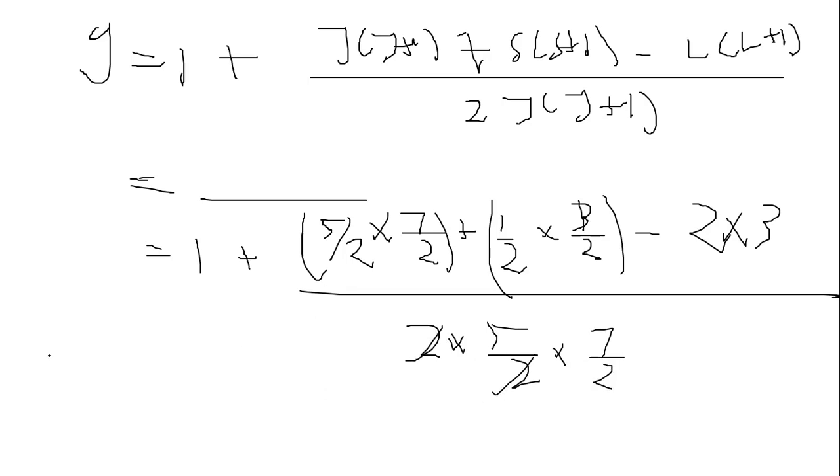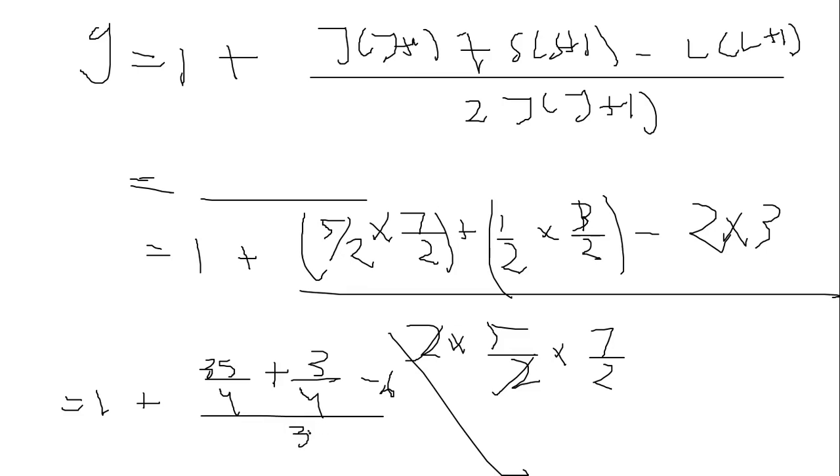So 2 gets cancelled out. It will be 1 plus 35 by 4 plus 3 by 4 minus 6 divided by 35 by 2. So 35 by 4 plus 3 by 4 is 38 by 4. So it will be 1 plus 38 by 4 minus 6